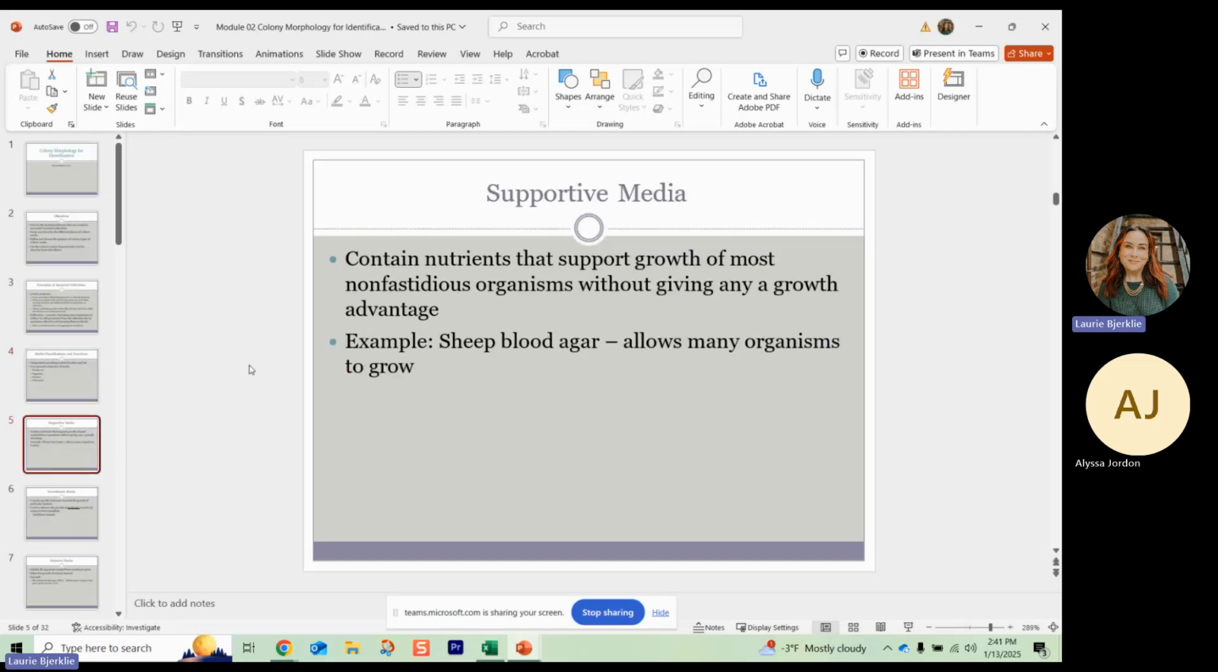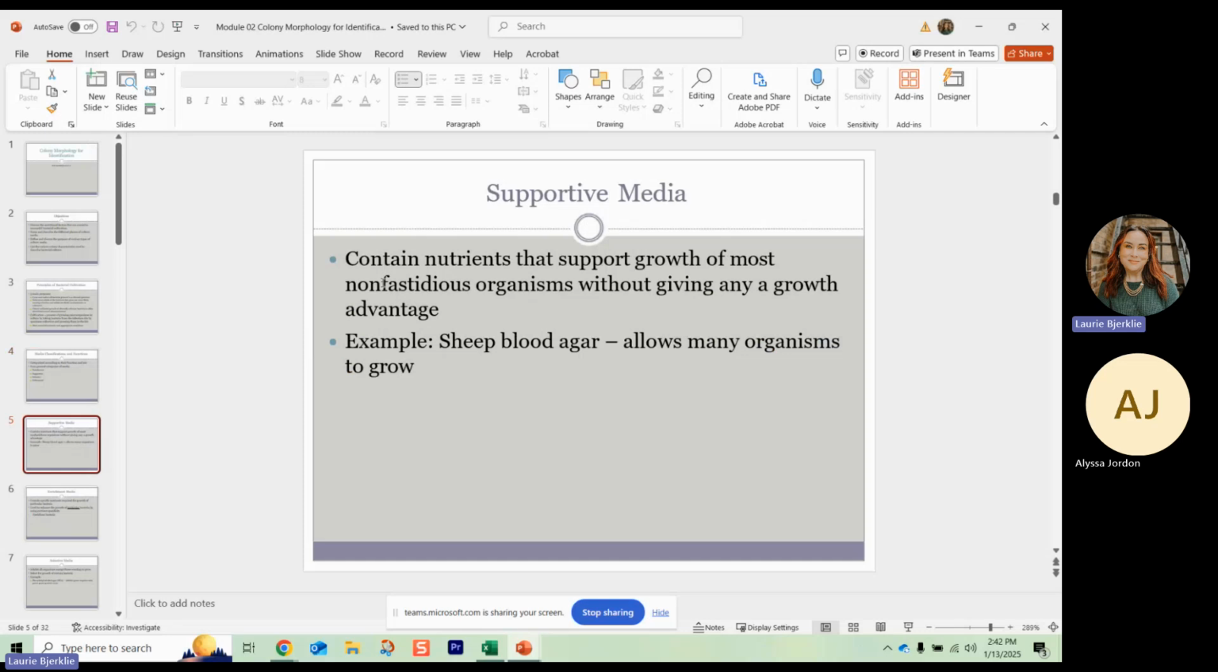So supportive sounds the way it does. It supports the growth of pretty much almost anything. Sheep blood agar is our #1 most commonly used agar in the lab. You might see the initials SBA for sheep blood agar, or you might see the initials BAP, blood agar plate. They're the same thing. So blood agar plate, sheep blood agar, same thing. It's the #1 used agar in the lab because it's supportive. It's a great plate to grow pretty much everything,